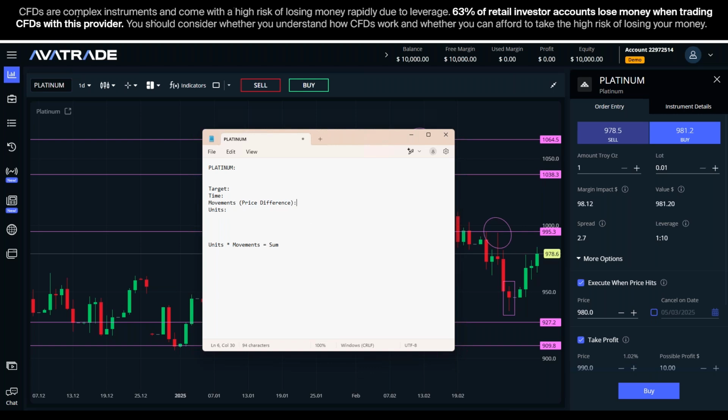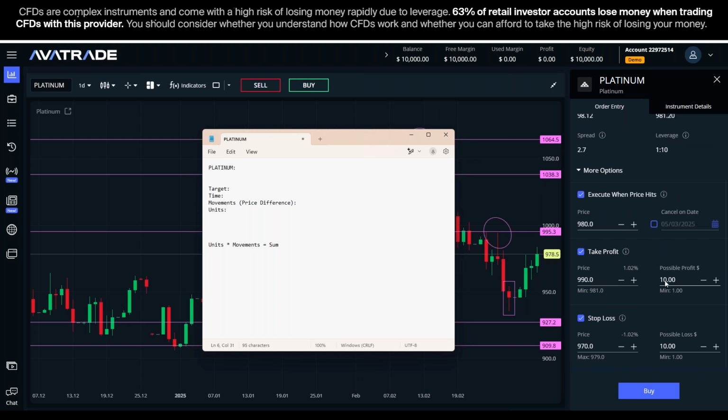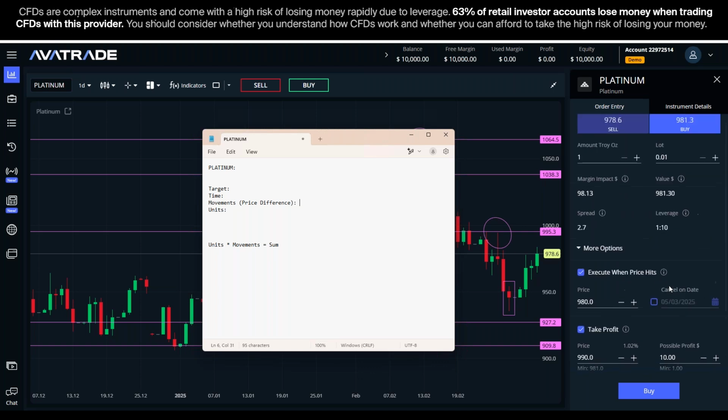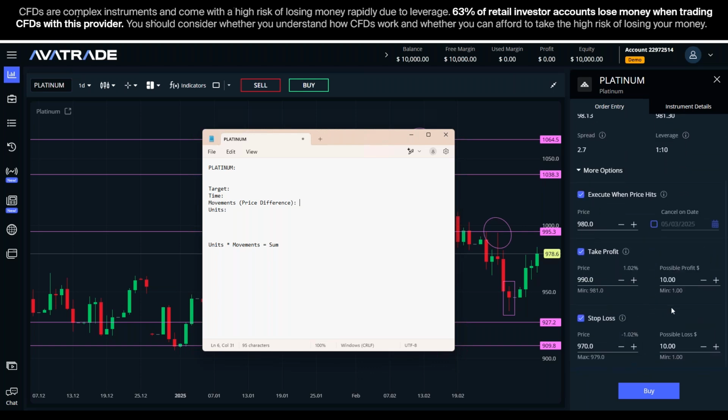Why do we need those things? Very simple. I'm not happy making $10. I want to make 1,000 or maybe more. So I need to validate that this position will make me as much as I want. The second thing that I wrote is the time. Why do I need to think about the time of holding this position? Because even if I take 700 as my target,